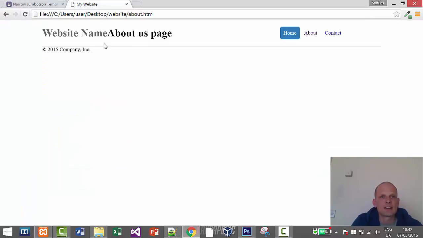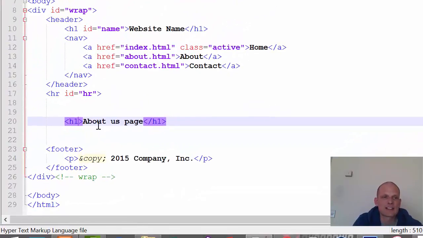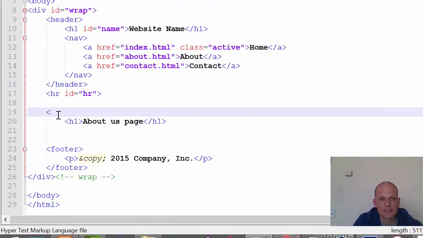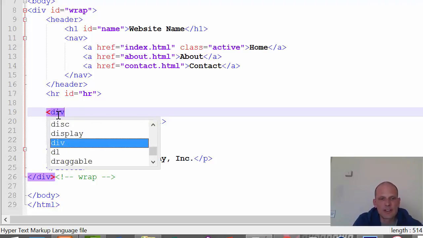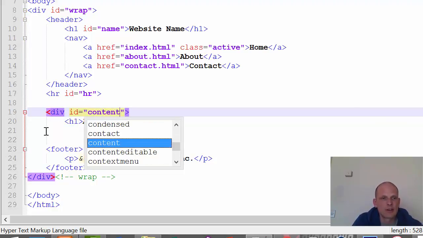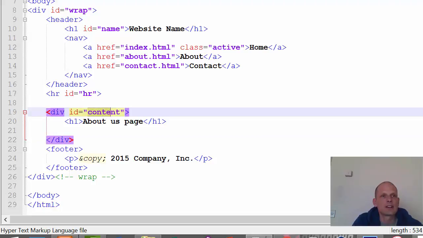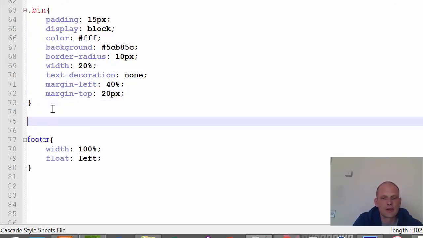Let's save this, and it is in there, and let's create this wrap, so this content holder. So I will create another div. I will give it an id equal to content, and I will close this div here underneath. Okay, and now we will give style to this id content. Let's go to style, and like I mentioned, we go with content, and then we simply say width